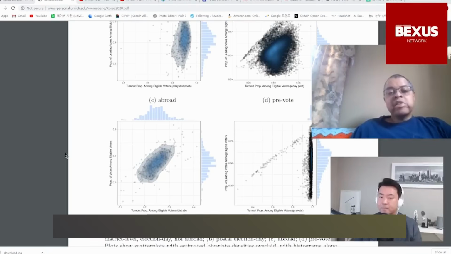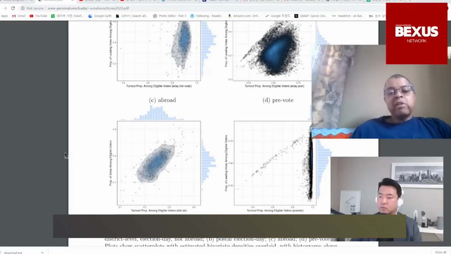And the question is, is that because Democratic Party supporting voters happen to vote using the pre-vote process more than others? I've heard some argument why that is the case. Or is it some kind of manipulation? That's a crude way of describing it. Just looking at the data, it's really challenging.